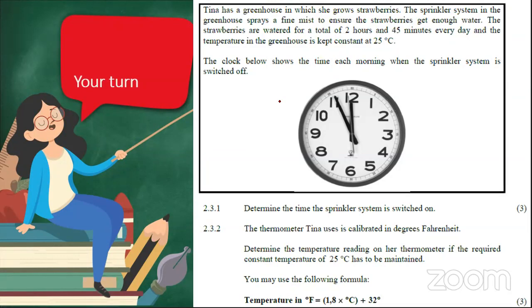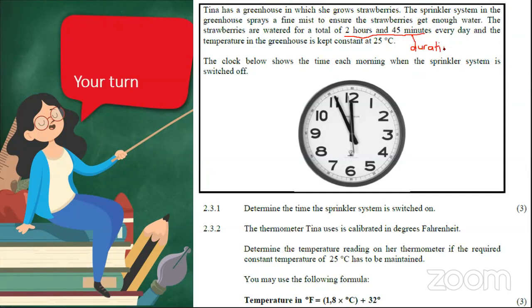The strawberries are watered for a total of 2 hours and 45 minutes. Remember, learners, when you see numbers, you need to underline them and make a note to yourself what they mean. Basically, this is duration, how long it took to water. Here I'm not really asking you about time, but in the exam,